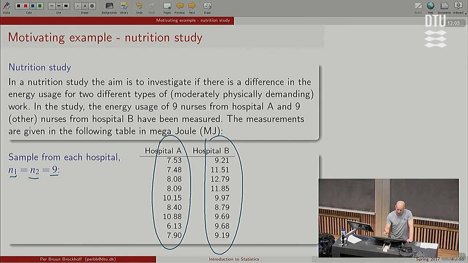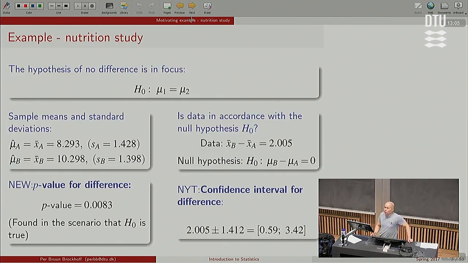But there are many other risks. Anyway, here is basically what I'm going to teach you when it comes to comparing 2 groups with each other. This is the usual way. I show you how it works in practice, and then we teach you how to do it. The hypothesis for the test is this one. We hypothesize that the 2 mean energy expenditures would be the same in the two populations. Now I have two populations, with a sample from each population. When it comes to computational efforts, the only thing basically I can do is to compute the mean and the standard deviation. So we do that again, we just do it twice instead of only once. Compare the two means. Somehow,